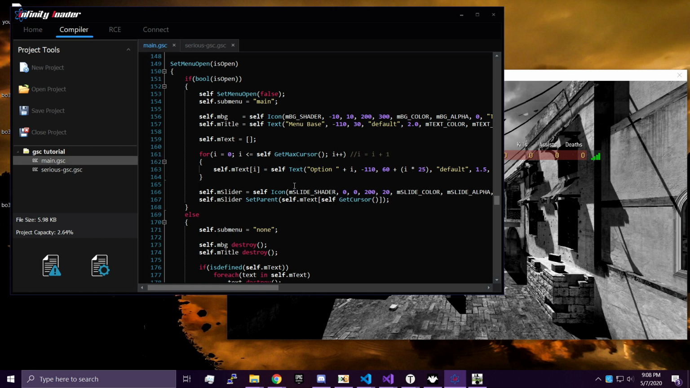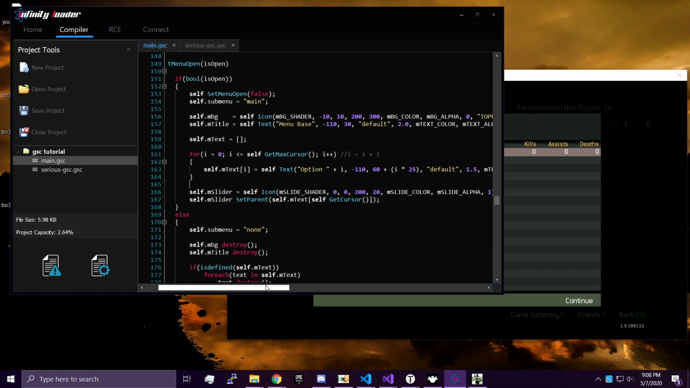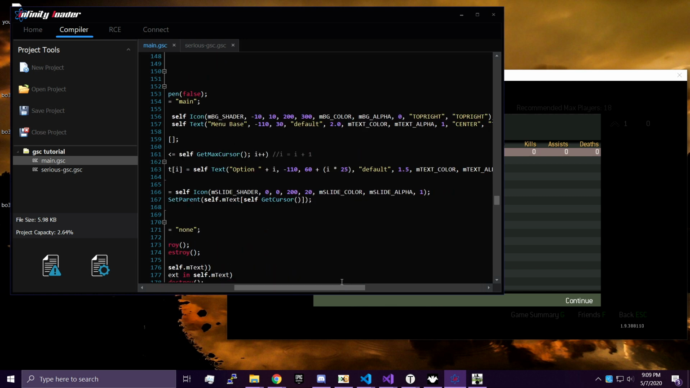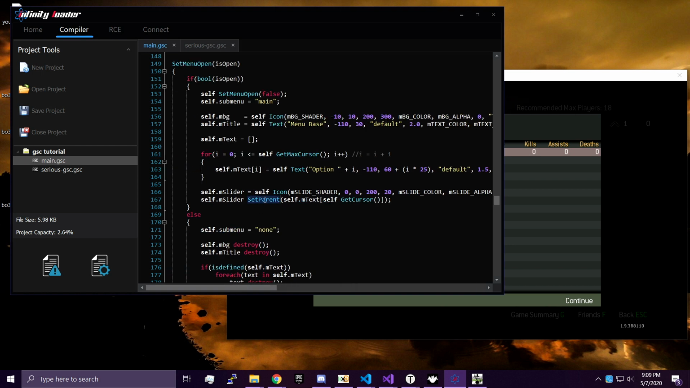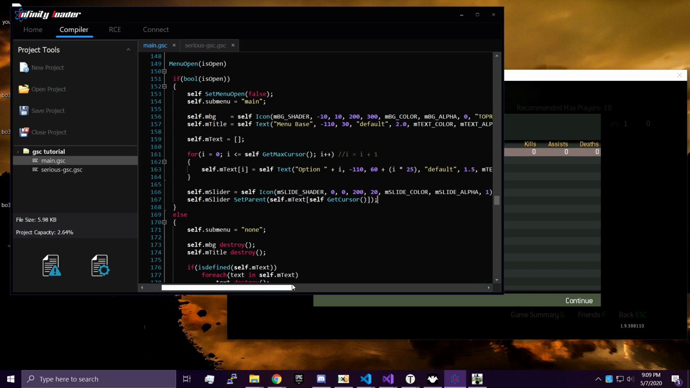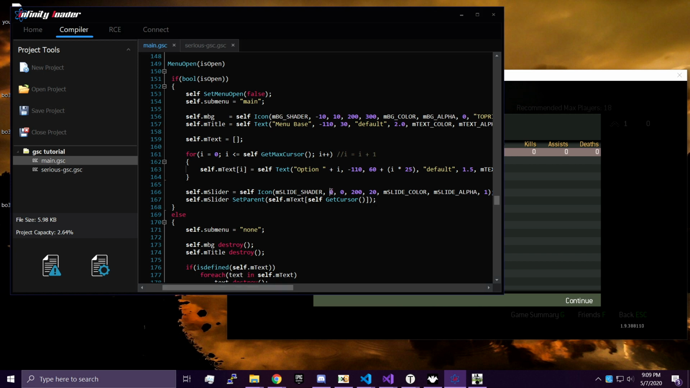So if you notice, whenever we open the menu, when the slider is drawn, it actually starts at the center of the screen and then heads over to right where it should be. The reason it does that is because the parent is actually being set to the cursor position after the element is drawn. And the way we can fix that is by actually doing,